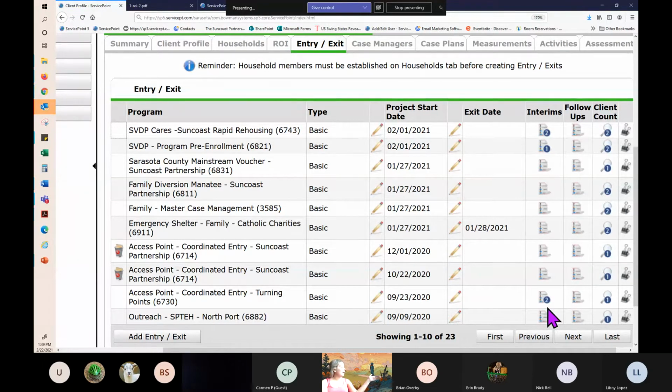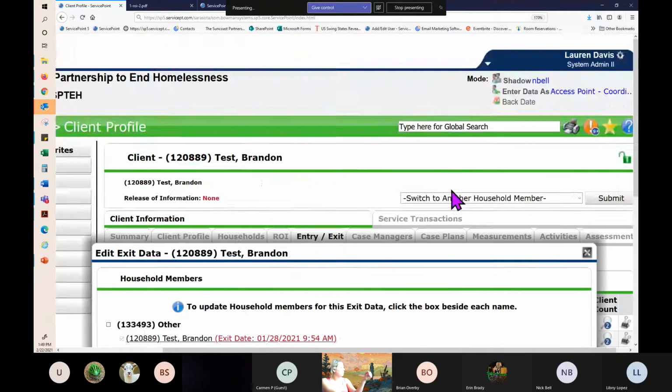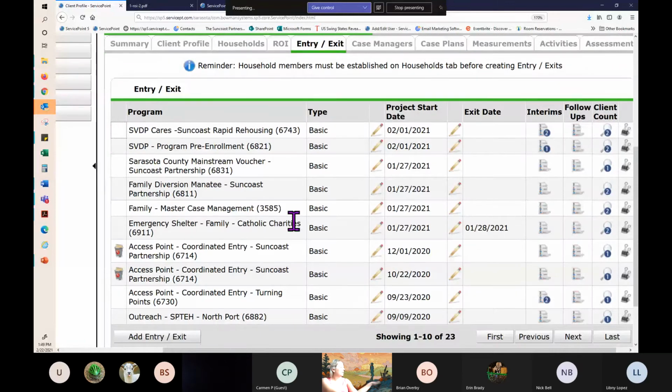So if this client had an emergency shelter entry, then we could see that, let's just pretend that this is not deleted. I'm going to delete this. Well, we can see that this client had stayed at the emergency shelter. You also want to look for previous access points. If the client has conducted an access point since